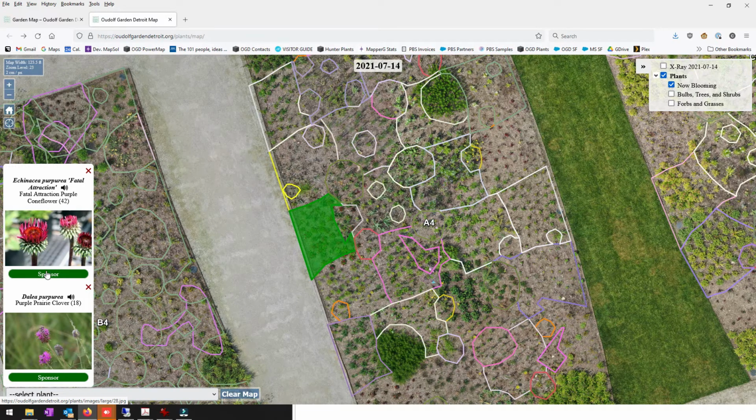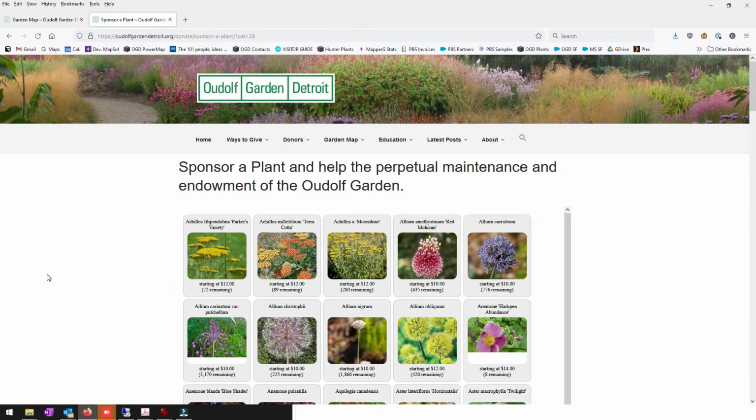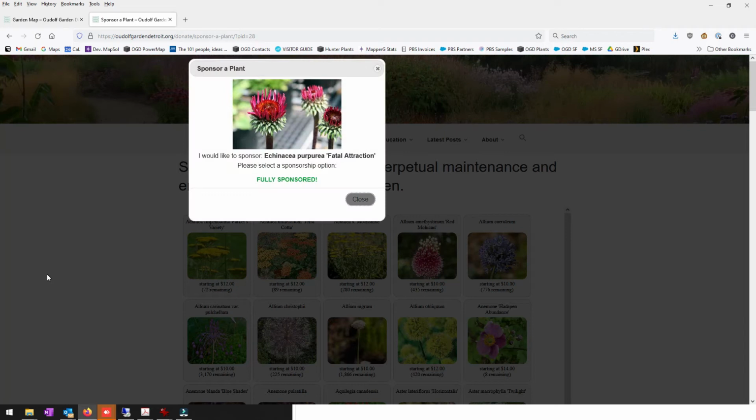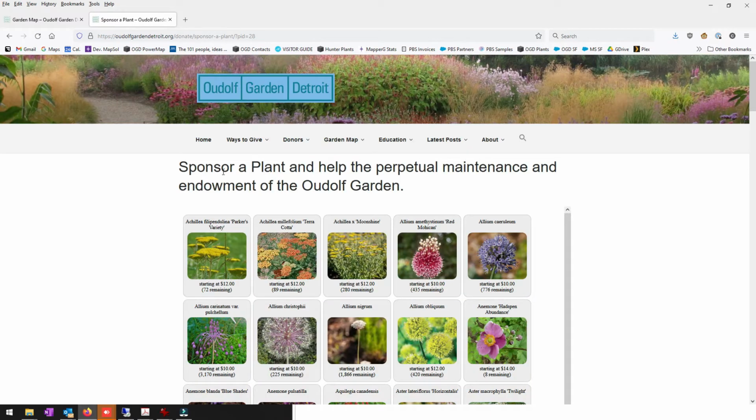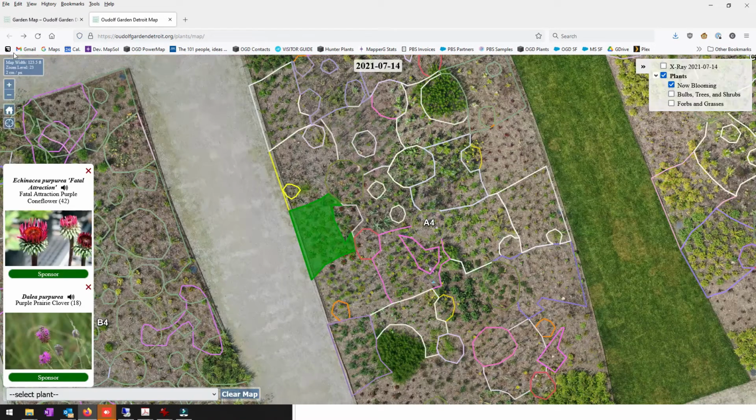And of course, you can also click the sponsor button and sponsor that particular plant on our website, and it'll pop up and tell you if it's fully sponsored or still available for sale in support of the endowment for the perpetual maintenance of this garden. So don't forget to support us. We appreciate it. So those are the pictures that you can click on,